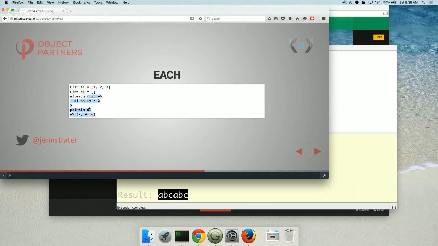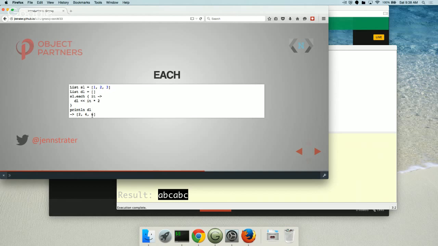So this from here to here, I can't select very well in here, sorry. It's a function that's getting passed as a parameter to each. And it seems really easy to read, it looks like you're traversing through this list. And for each item, IT is the default. I didn't need to specify this. If I leave it out, you can just use IT as your iterator. And so IT times 2 will add it to your list, and you get the same result.